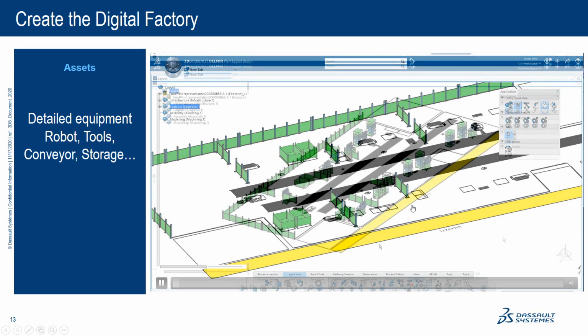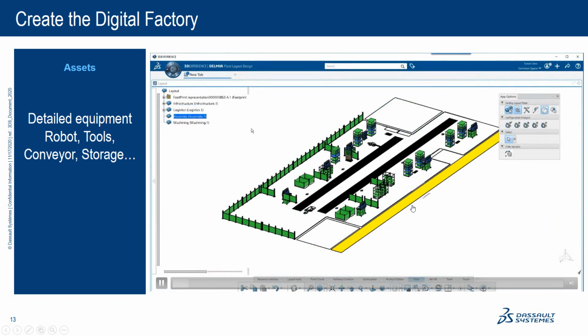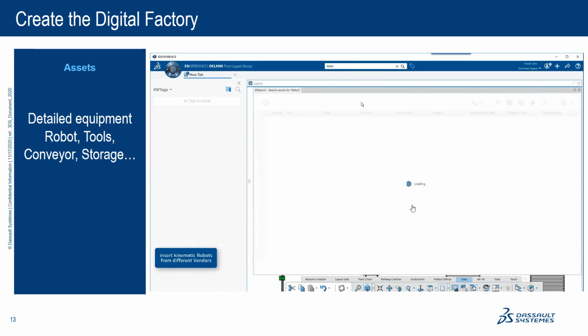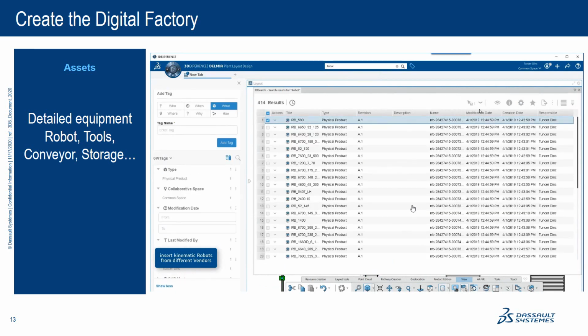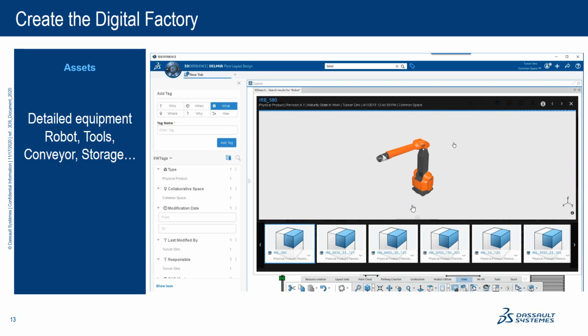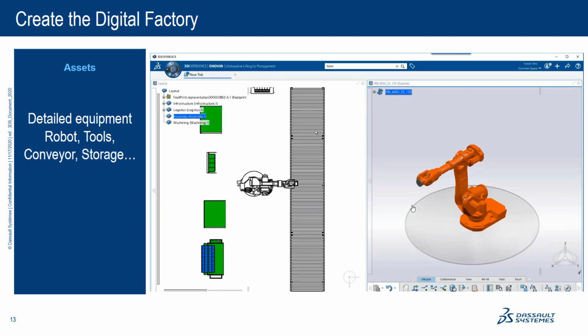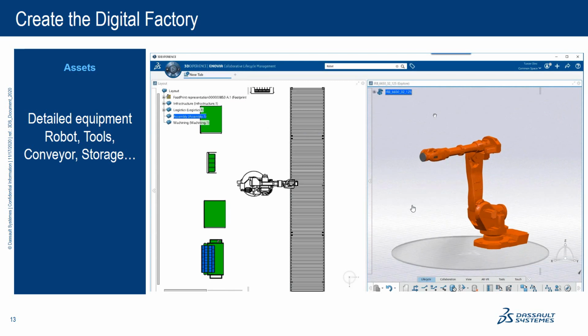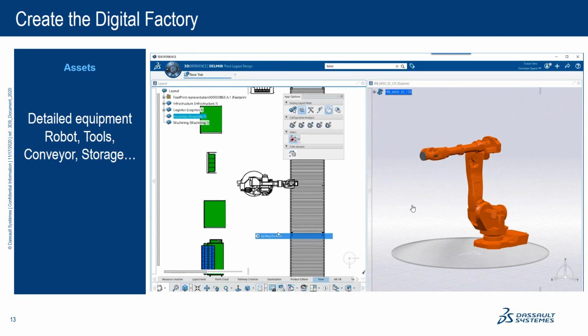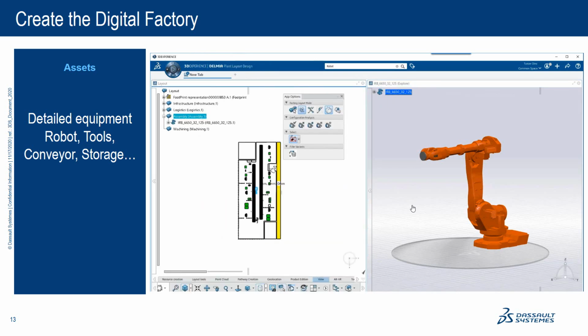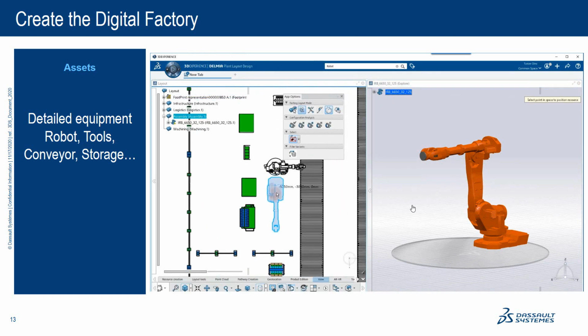If you have more detailed equipment like robots, we also have in the platform all the major robot brands, so KUKA, ABB, Motoman, and so on are available. So it's not only the 3D model that you will have, it's also all the inverse kinematics and all the manufacturer specifications that are already defined for this particular equipment.